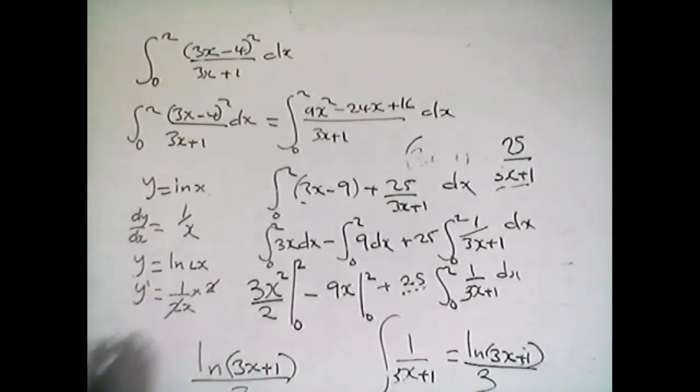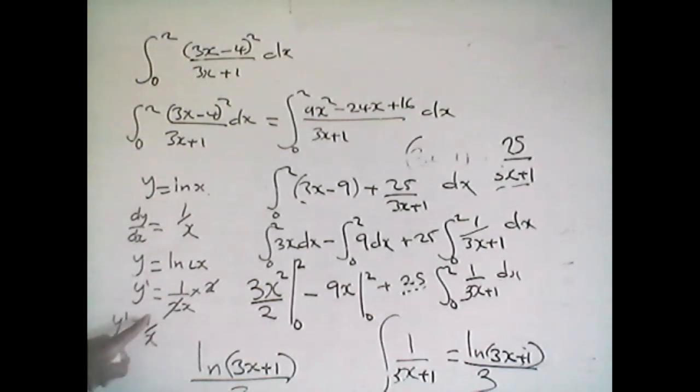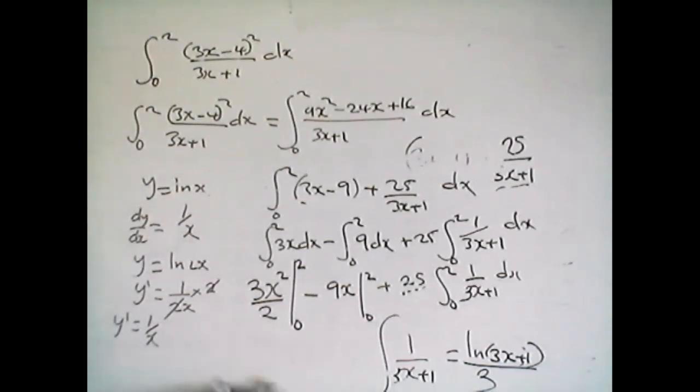So that and that cancels. So this will give us y prime is equals to 1 over x like that. So now when we integrate this piece, integrating this so that it takes us back to 1 over x. So when we integrate 1 over x dx,